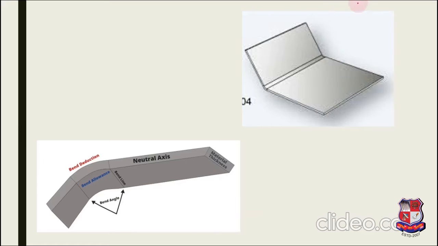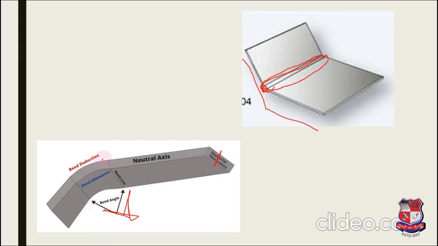Now I have given some examples. You can see this sheet, which is bent at a certain angle. This portion at the bend is called bending allowance. This much arc length is called bending allowance. Here also, if you want to see it in 3D, this is our material thickness, and it is bent to a certain bend angle as described here.